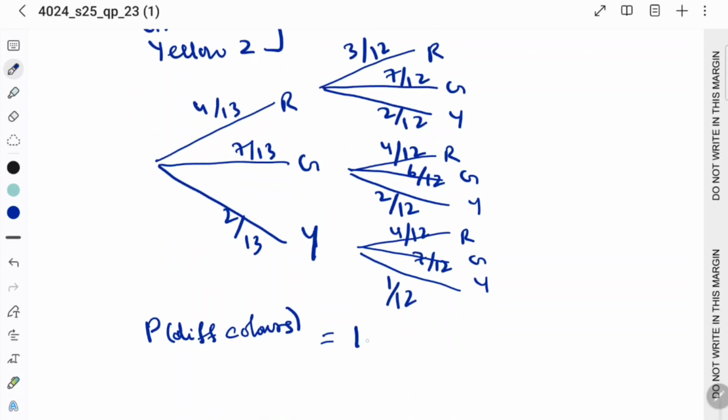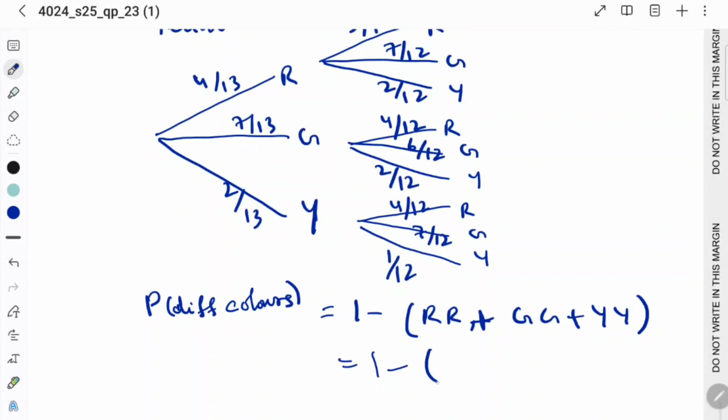It's better to find 1 minus the same color. 1 minus the probability of red, red, and then the probability of green, green, and the probability of yellow, yellow. So that is 1 minus red, red, which is 4 over 13